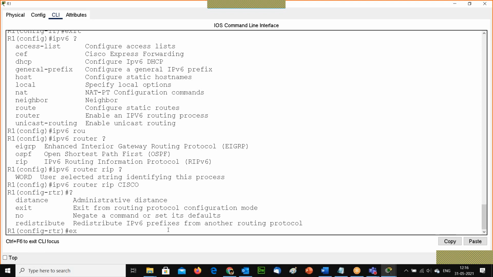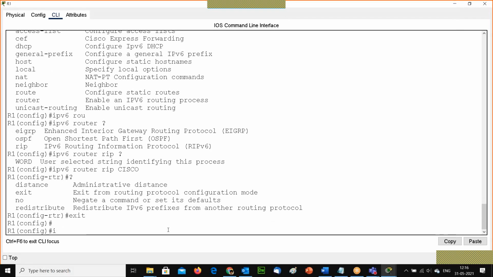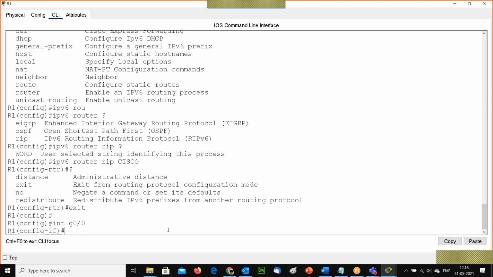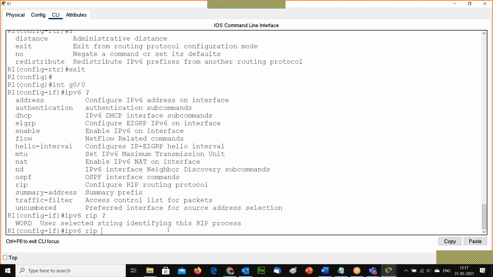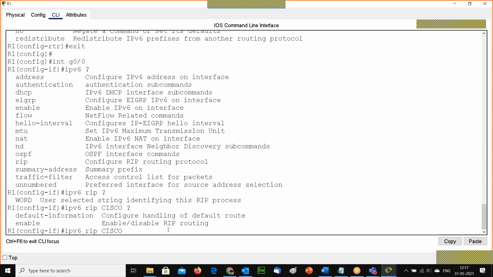Then you have to go to the interface, interface gigabit 0/0. Then here what you have to write is ipv6 rip, then the name, then enable.